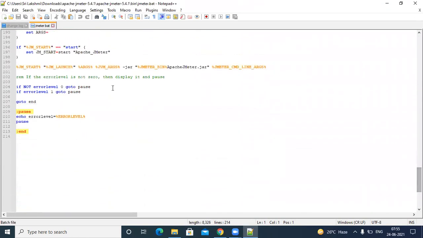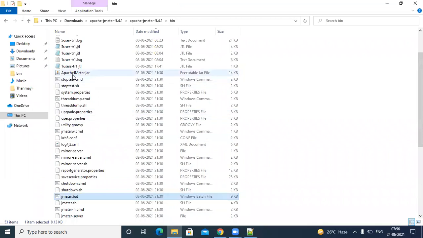So I think here it's opening, start JMeter. It's opening the Apache jar. So you can also open it directly. Let's go to this jar. This is the jar.